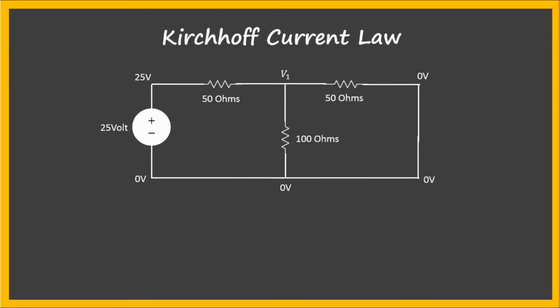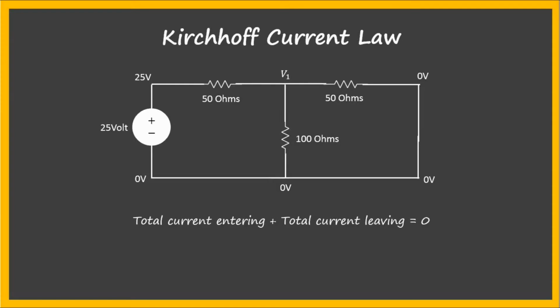Let's do it. According to KCL, current entering plus current leaving is equal to 0, as we know. As we can see at the point V1, there are three branches joining at that point. So there will be three currents entering or leaving. As at this point we are not sure from where the current will enter or leave, we will simply write all three currents with positive sign.